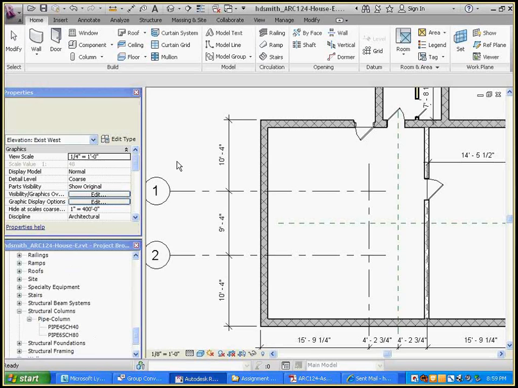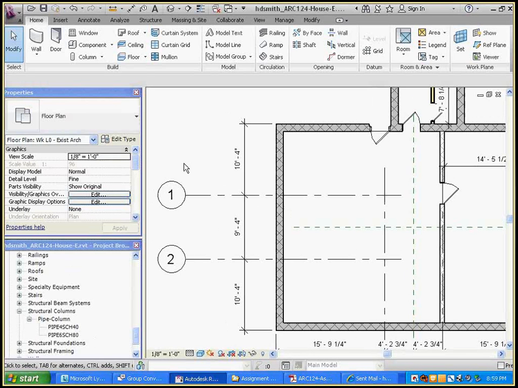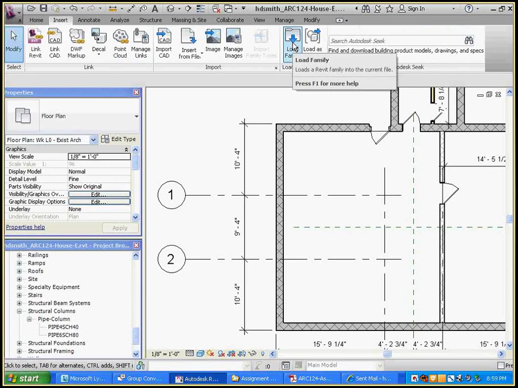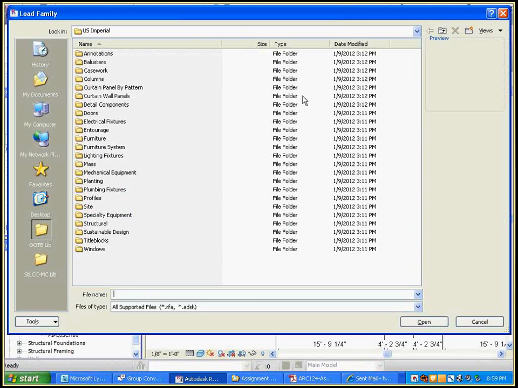So the way structural shapes work a lot of times is you'll have one family. It's just a round pipe, but it has all these various diameters. And the same with wide flange beam sections or columns. You've got W10 by something, W12 by something, W14, W16, and all these. There's probably a couple hundred or more shapes. So when you load one of those families, you don't want all those types to be listed in your browser because you may never use the rest of them. So the way Revit allows us to do that is when you go Insert, Load Family,